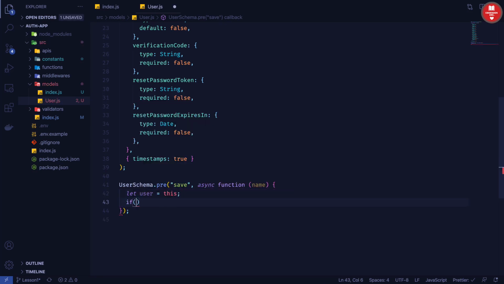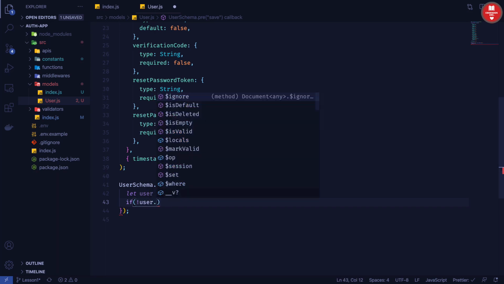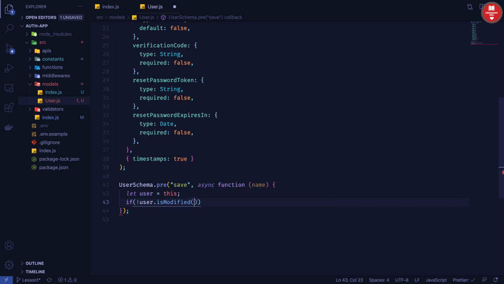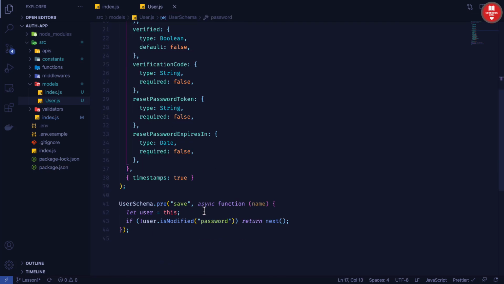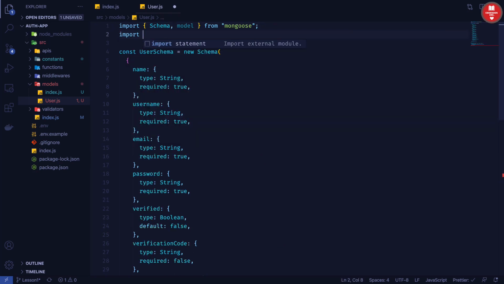So if not user dot is modified, so if we haven't changed the password, then we'll return next, like we haven't changed this password field. That means it is going to keep track. If the password field is not changed, then we are not going to do anything. But if it is changed, then we want to say user.password equal to, and here we will hash our password. So we'll import hash function